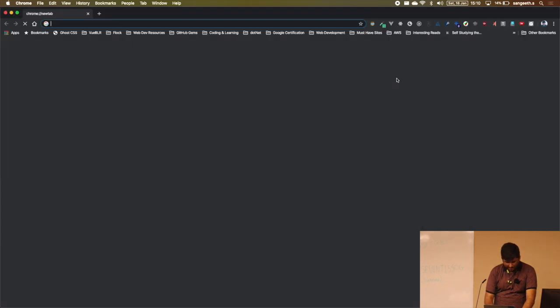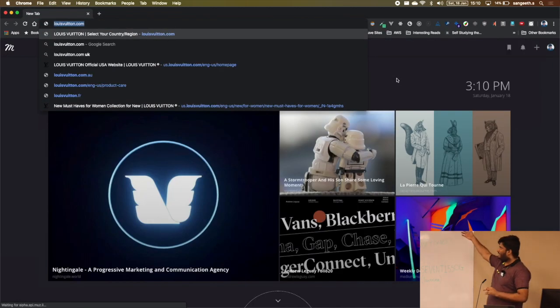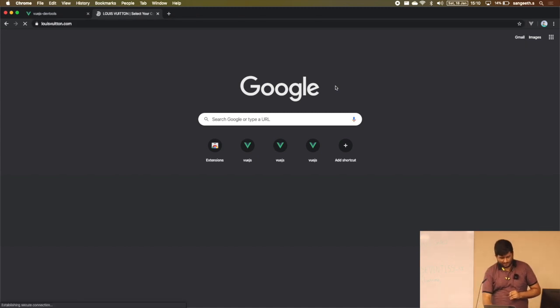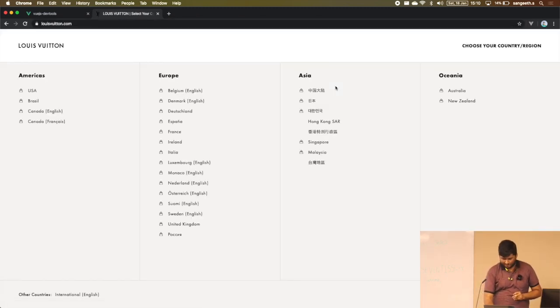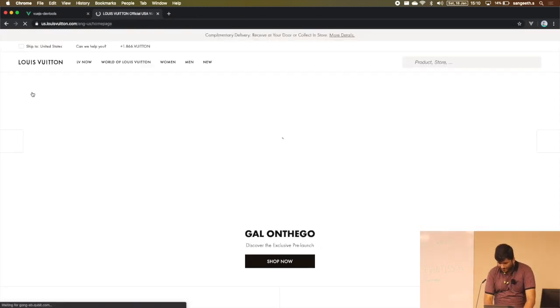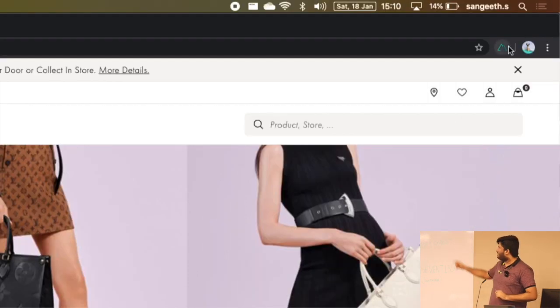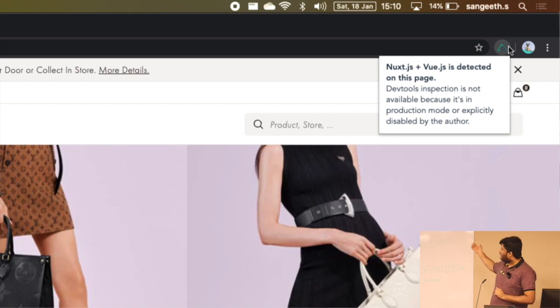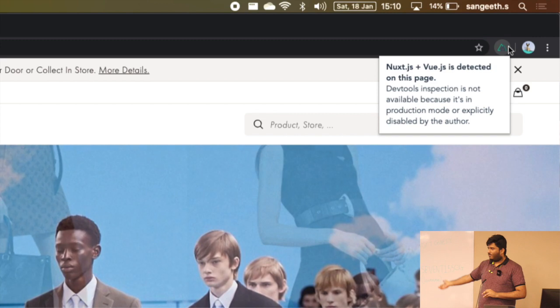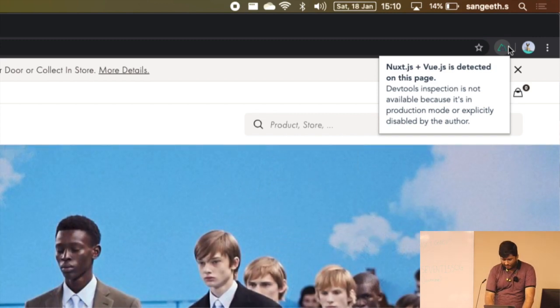Okay, so Louis Vuitton, they are actually using Vue.js. If you open this page, you can see that it's using Nuxt, right? You can see a Nuxt logo there, and it's saying that Nuxt.js plus Vue.js is detected, but DevTools inspection is not available because it's disabled by default in production mode, right? So if you really want to inspect this website,